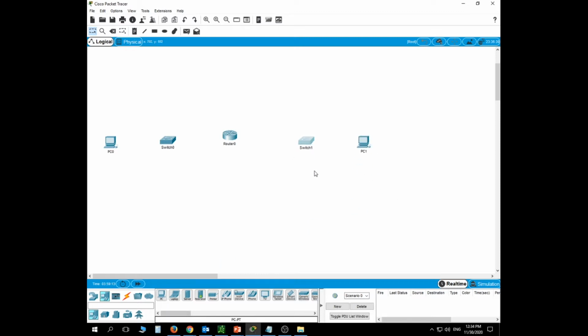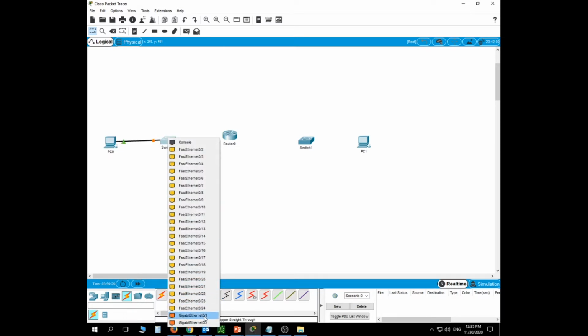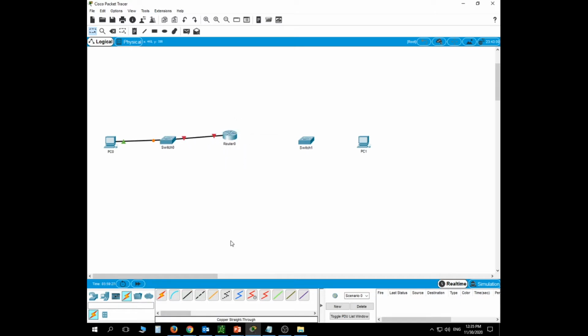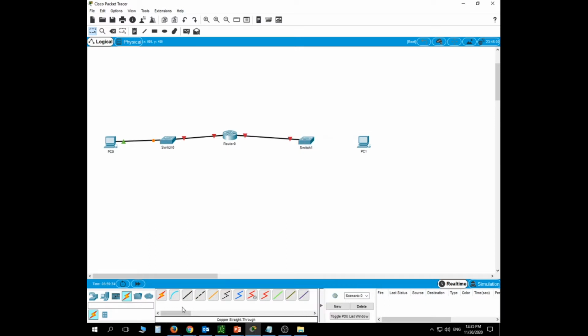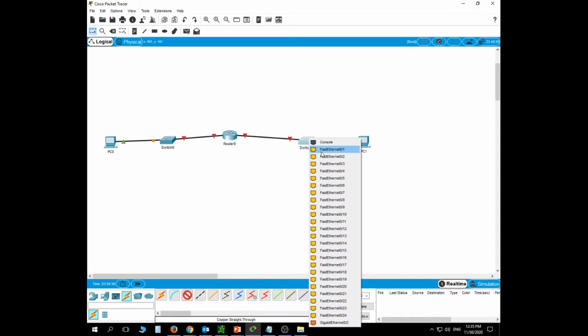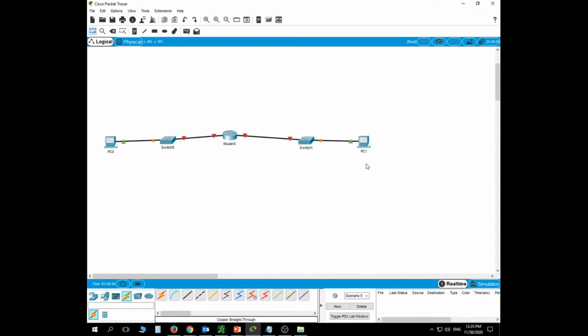Now, this is a very, very simple network that I'm creating. Let me just get them connected really fast. Fast Ethernet, and then a Gigabit Ethernet, another Gigabit Ethernet, and a Gigabit Ethernet, and finally we'll go back to Fast Ethernet and Fast Ethernet. What I want you to know here is, let's imagine this part of the network is, for example,